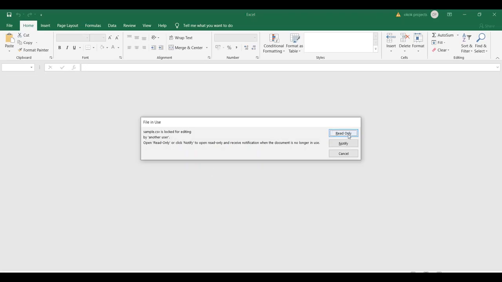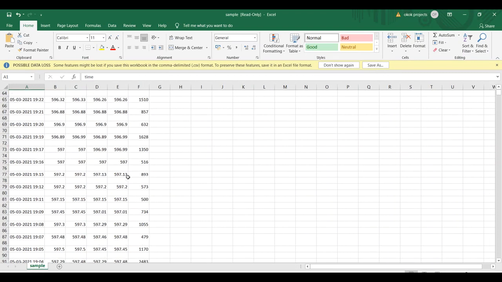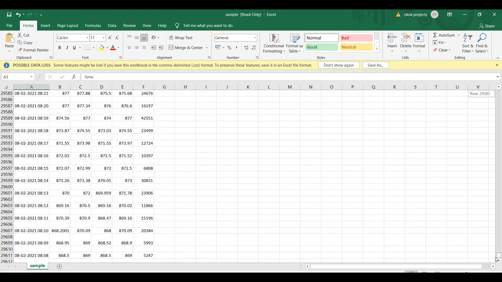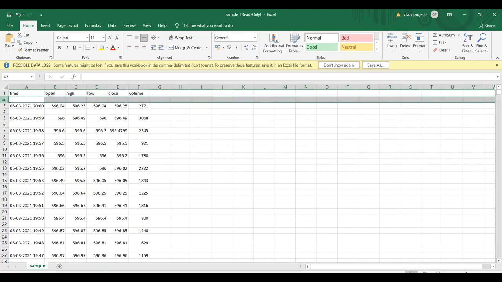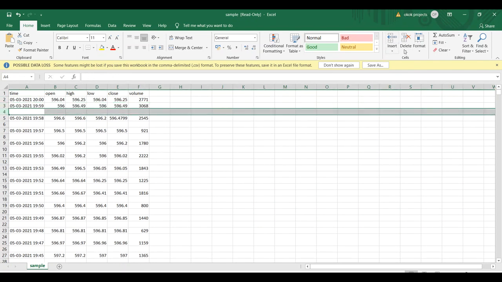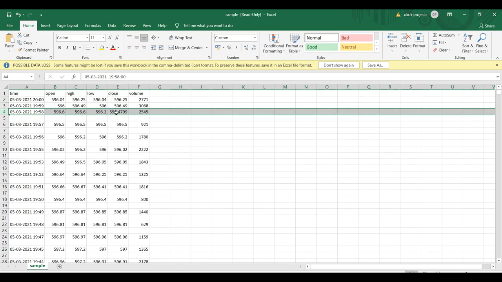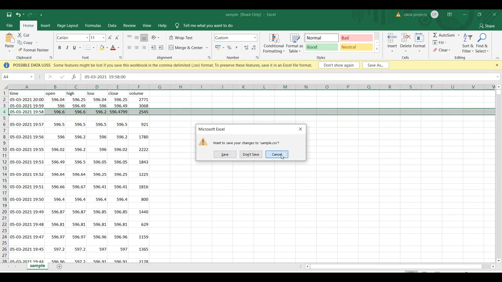By using that sample.csv file, we have the option to see all these values, and this is the data set. Nearly this much data set I'm getting, and this real-time data set we have the option to download. Once it is downloaded, manually we need to remove these unwanted empty rows, then save it under a different name. Once that is over,